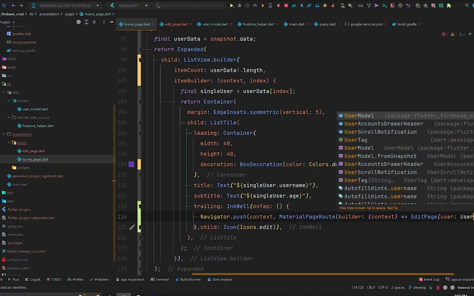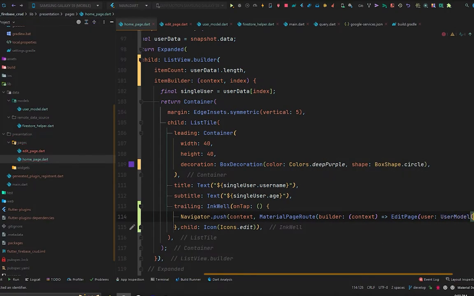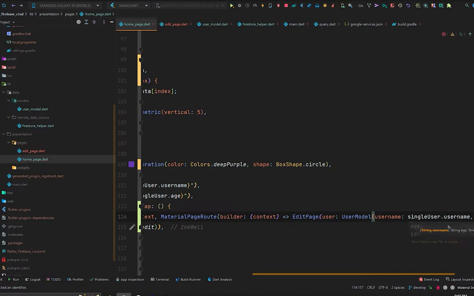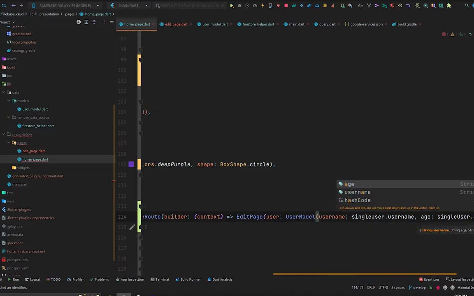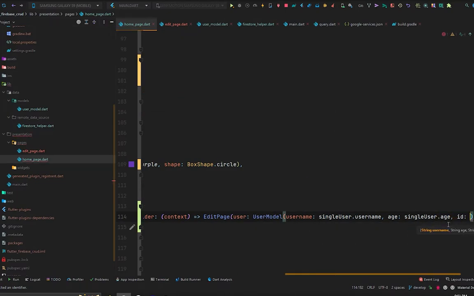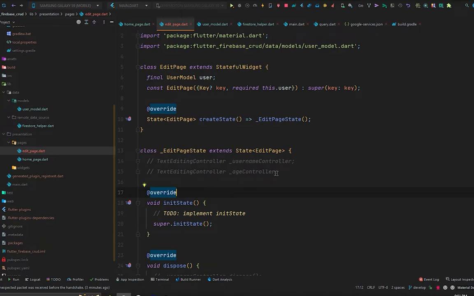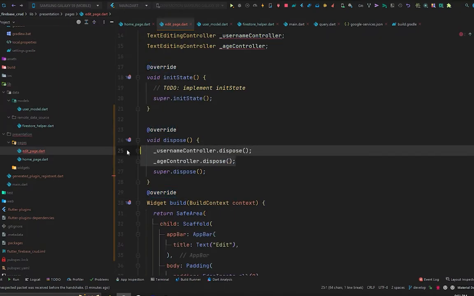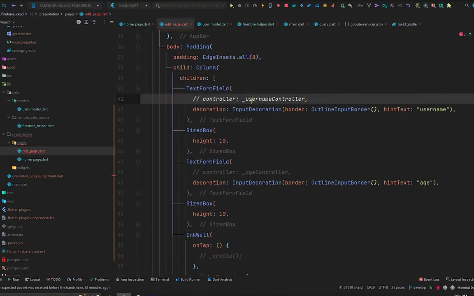So we will pass user model, and inside the user model the data will be that data: username single user dot username, and age will be single user dot age, and also the id will be coming from single user dot id, on which we are gonna update that particular user. Okay, so let's move to the edit page and let's uncomment them also in the dispose and also in these